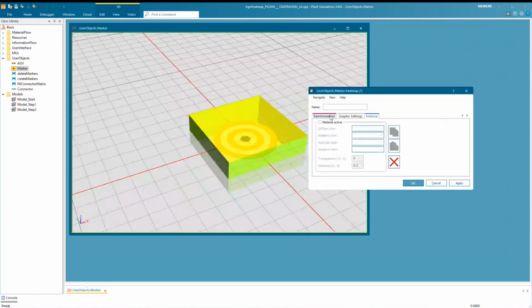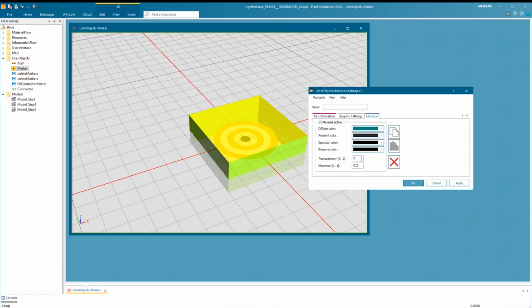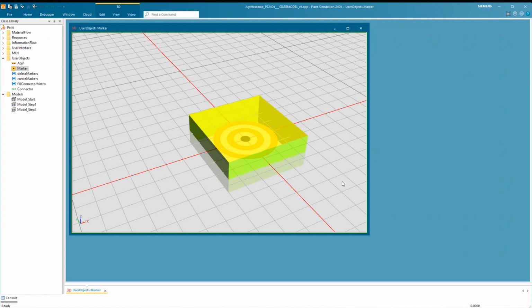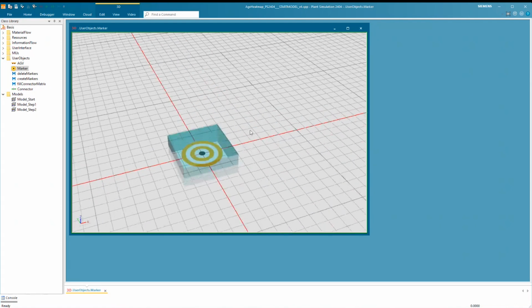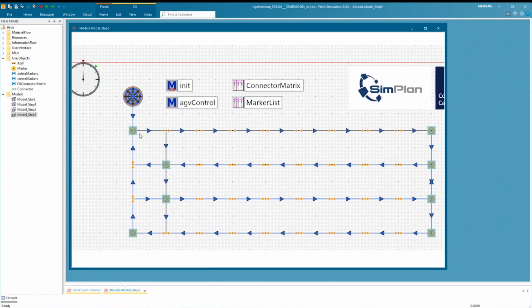And for this cube, I activate the material. Yes. So I activate some material and make it a little transparent. So now after that, you can see that already in the layout, some of the markers are now displaying this new graphic group. Some of them are not.